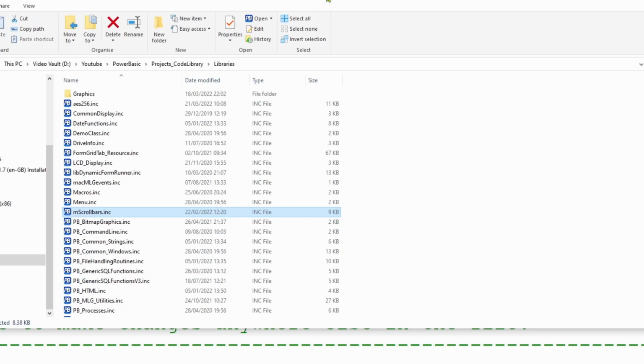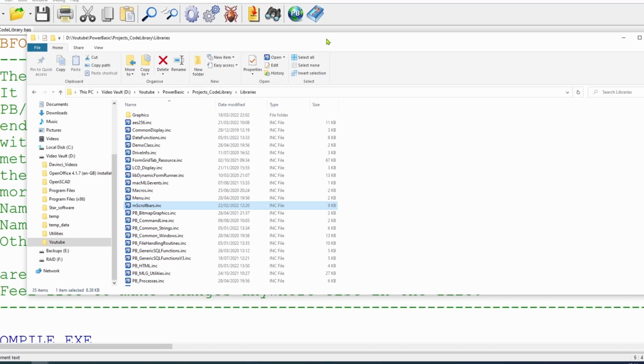However, with so many libraries, it can sometimes be difficult to remember if there is a routine that will already do what you want to do or is close enough in functionality to act as a basis for some new routine. What this project will do is to scan these code libraries and pull out the names of each routine with their description and add them to the grid control.